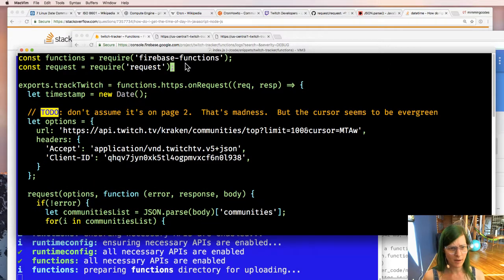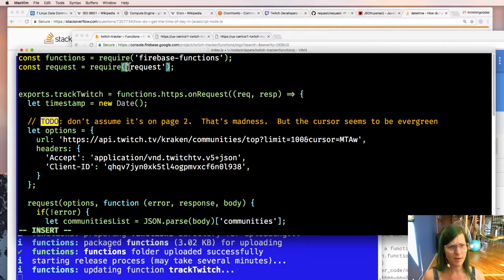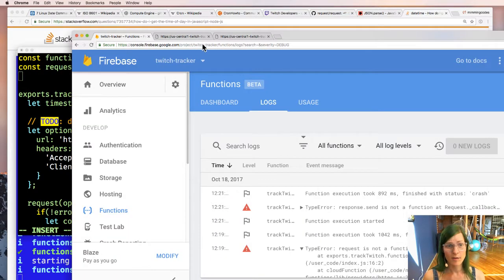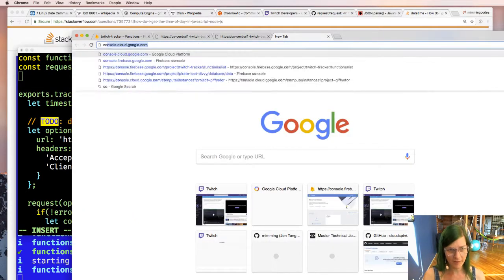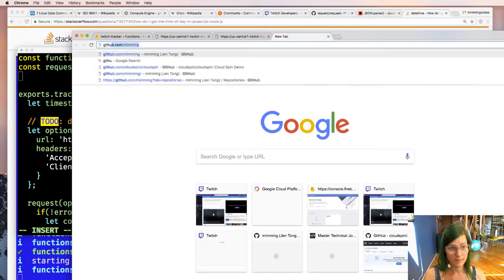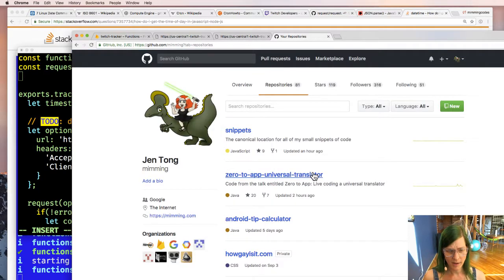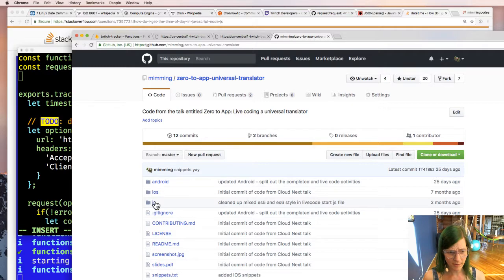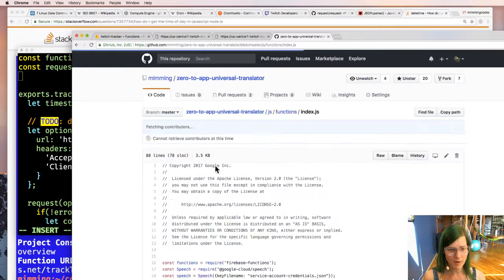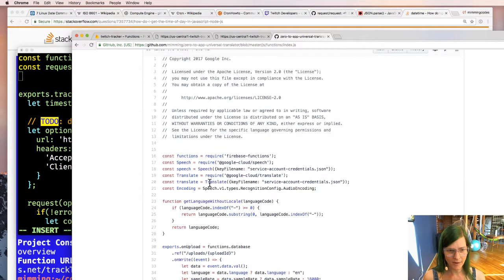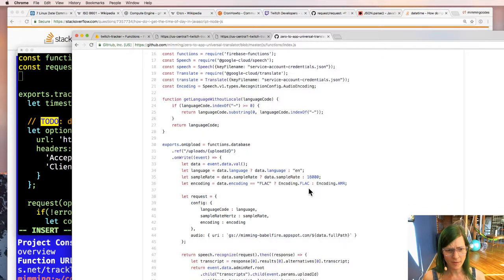Okay, so let's go back here. We want to do Firebase real-time database, which isn't even in here right now. So let's go back to some code I wrote in the past. We're going to go to a repo that I have, and look at some cloud functions I wrote in the past, and just grab some stuff from it. I actually do not remember how much stuff I need to initialize within a function and what's just assumed to be there, and how much of the real-time database stuff I need to do.